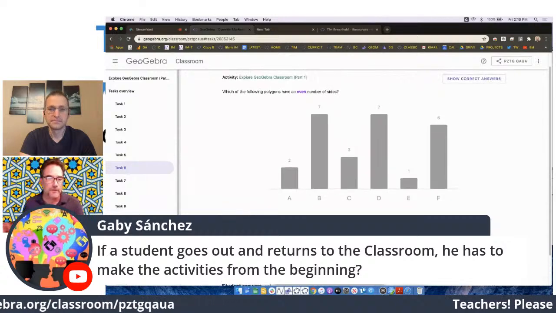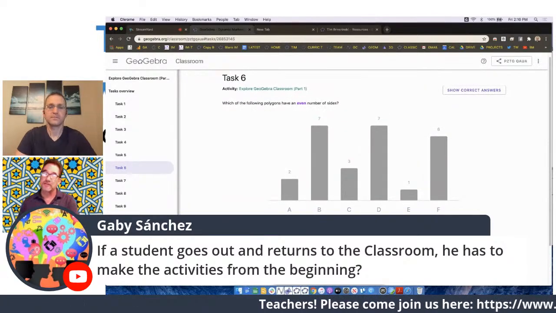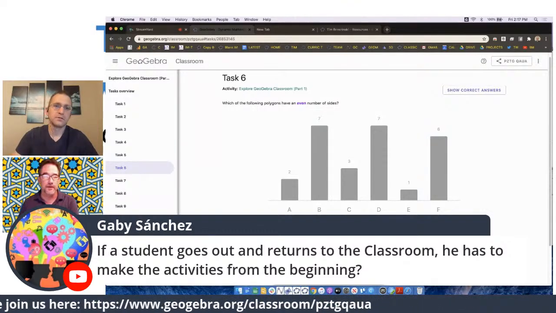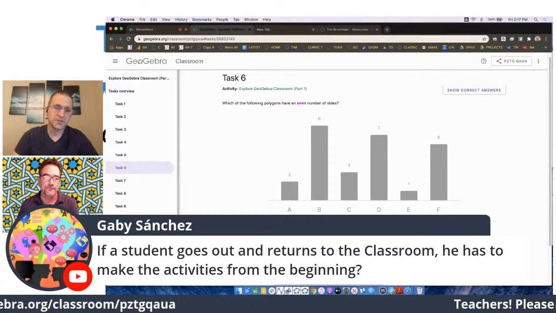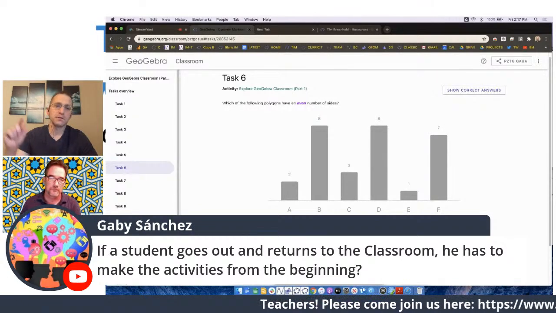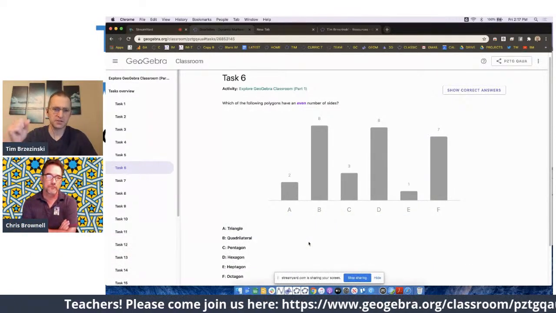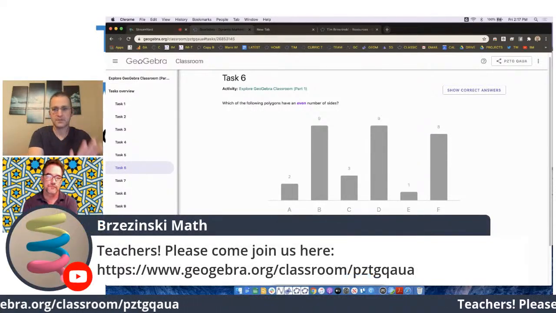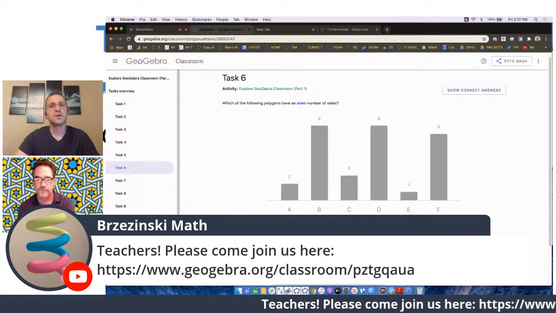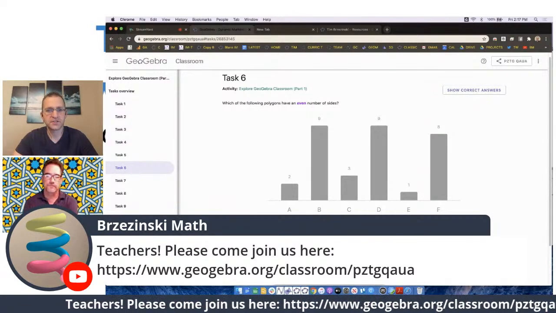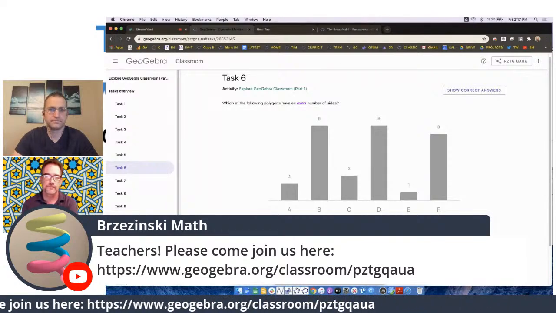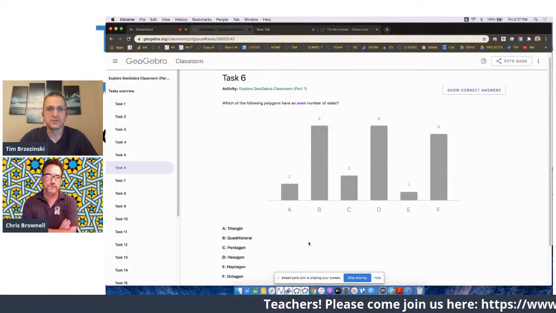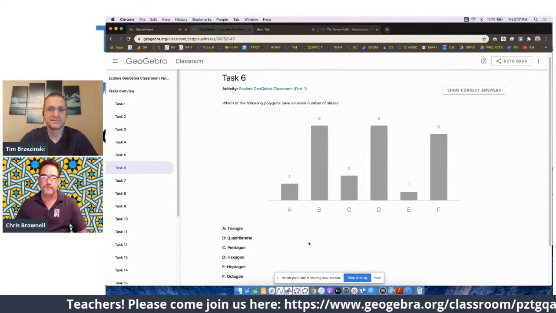Just to reiterate, if a student logs out and returns to the classroom, they have to start over from the beginning at this point in the development of GeoGebra Classroom. Is that correct? Right, student work will not save at the moment. If you refresh your browser window and keep the same page open, it should reload and everything should be there. If you open a brand new window, it'll think you're a new student and prompt you to type in a new name. But pretty soon, if you're logged into GeoGebra as a student, then the work will save. The feature's just not there yet, but this is version 1. Version 2 is in the features coming. It's going to be a lot better.